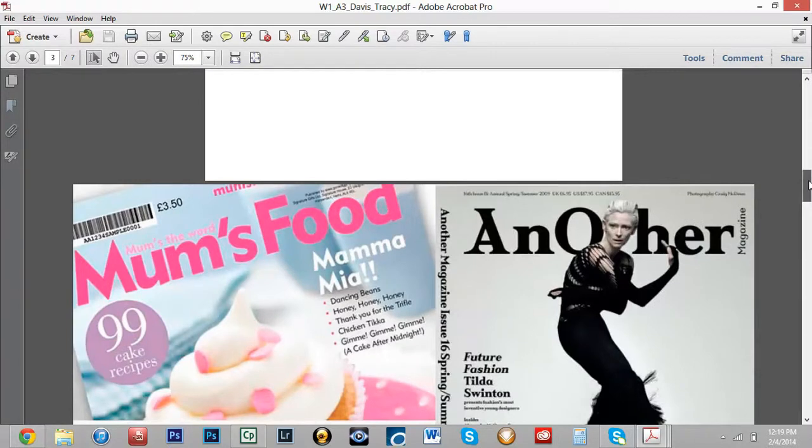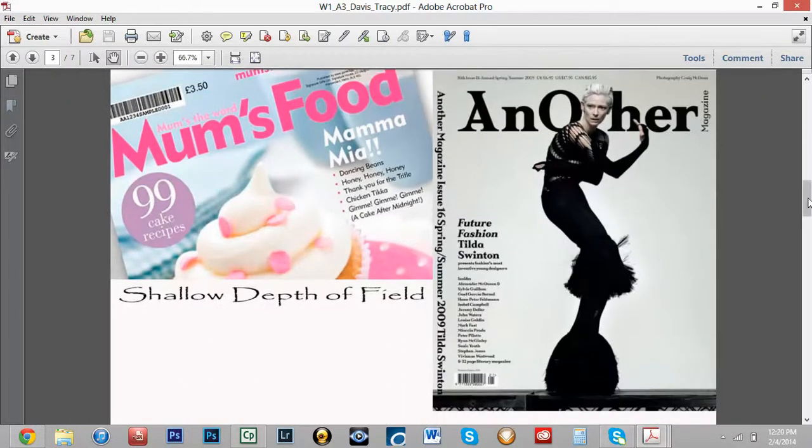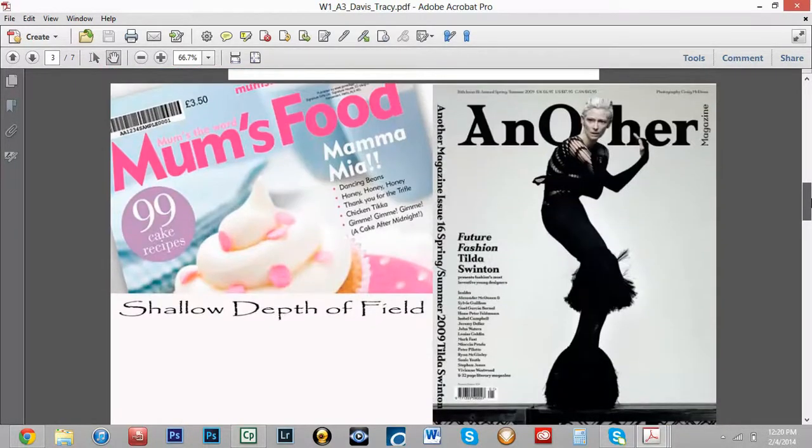All right, now shallow depth of field. It's a little bit hard to see on this, but you're seeing this is pretty sharp. It drops off pretty fast in the background here. That works. And then a very strange image of Tilda Swinton, but one that works. All right. Selective distortion. I think that's